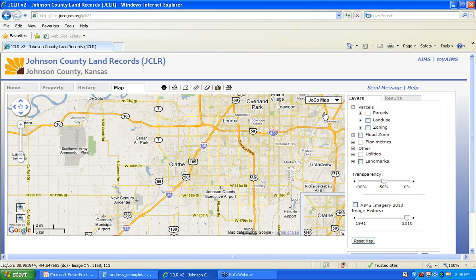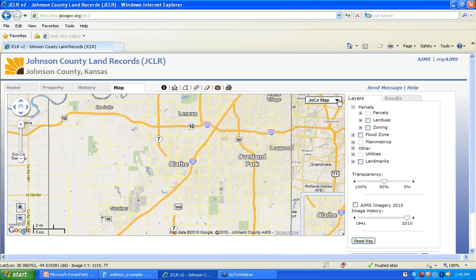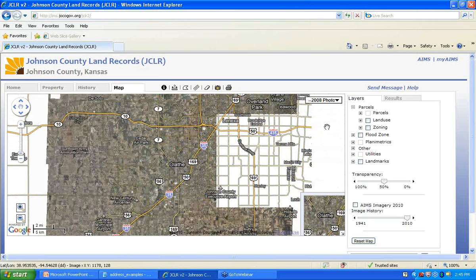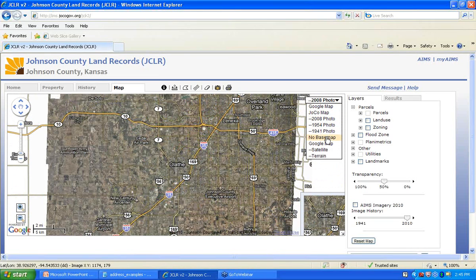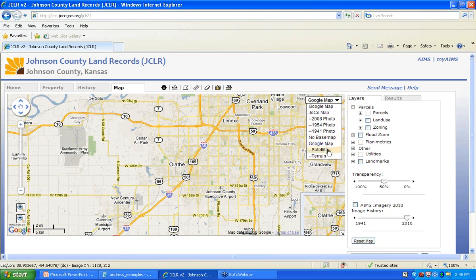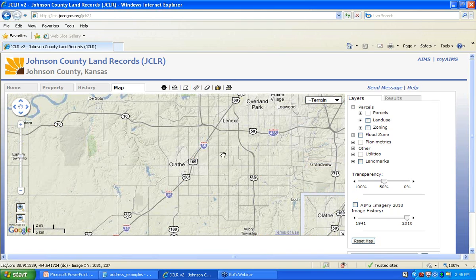We provide you with a JCLR2 map, which actually highlights Johnson County within this. It's a little bit zoomed out on my interface today. We also provide that you can start with the 2008, 1954, or 1941 photography. If you so choose that you wanted to start with an aerial image, it'll load that for you. You can have no base map if you don't want a base map at all. And again, there's the Google map there. And then we also provide you with Google's satellite imagery or a Google terrain map. So you have those options as far as what you start with for your base map